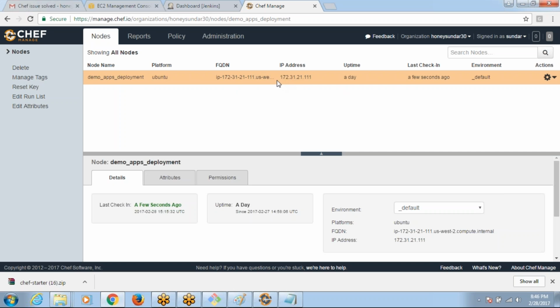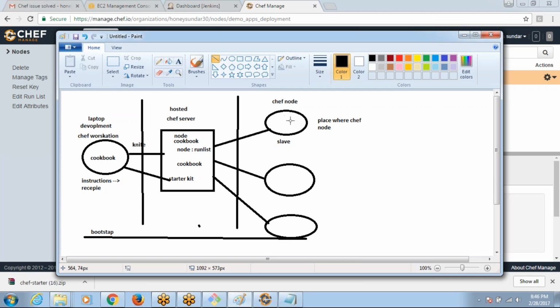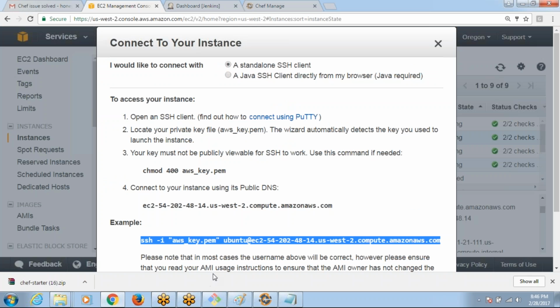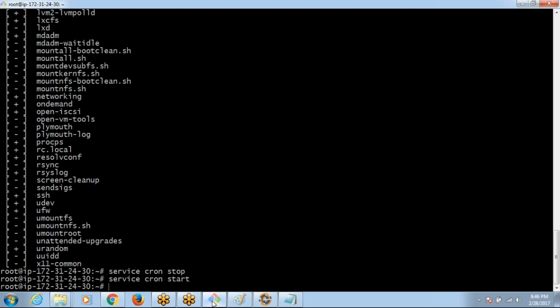So now the node is getting connected, the server. So now what I have done, the chef server and the chef node were connected together by using this process of bootstrapping. Now if you go inside my chef server, what will happen here is,